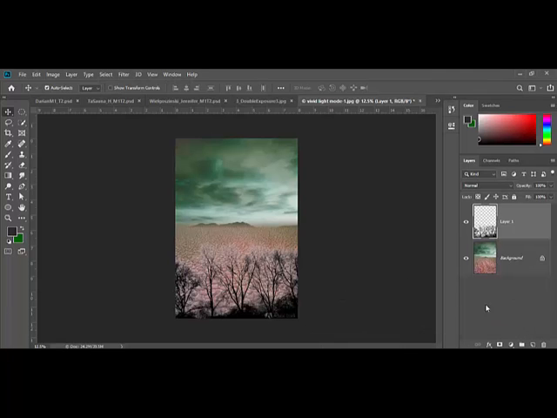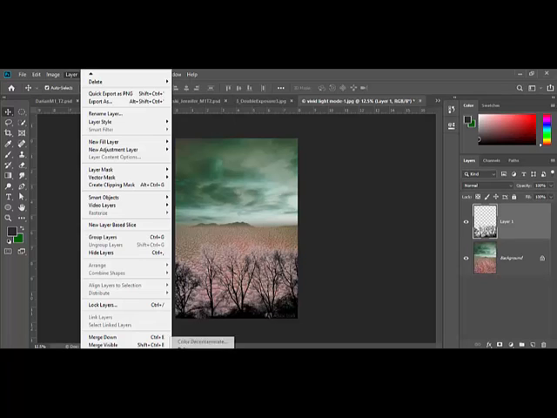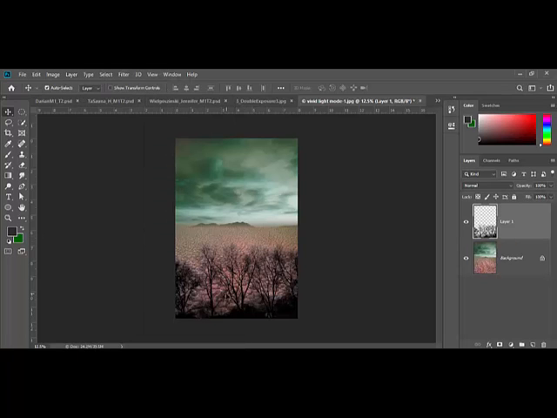Now, as you see here, you see a lot of white around the tree edges. That's because it gets everything selected. So one of the things I do is go up to Layer, Matting, and choose Remove White Matte. And notice how all that white disappears. Really fun little tricks that you